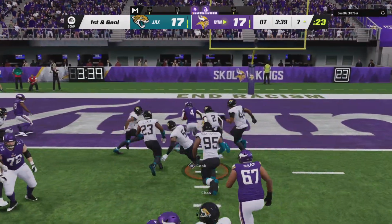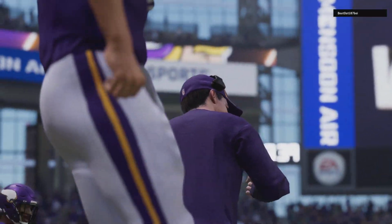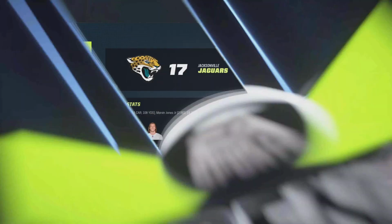They'll run with Cook, and he's into the end zone for the touchdown and the game winner in OT. Well, Charles, got so many memories that I made